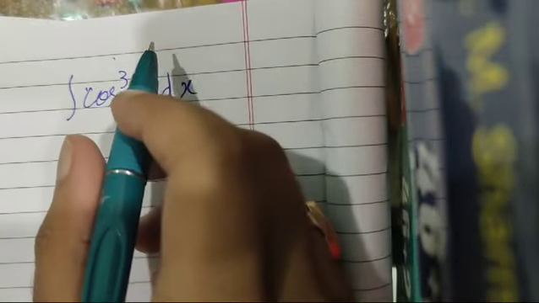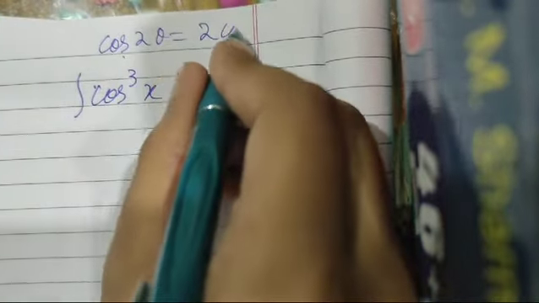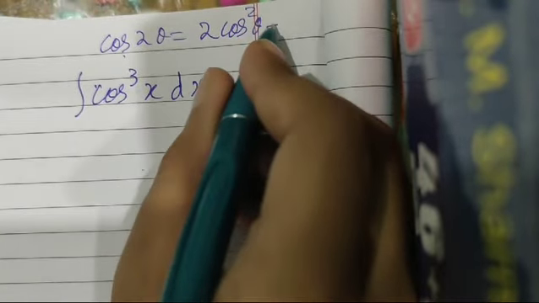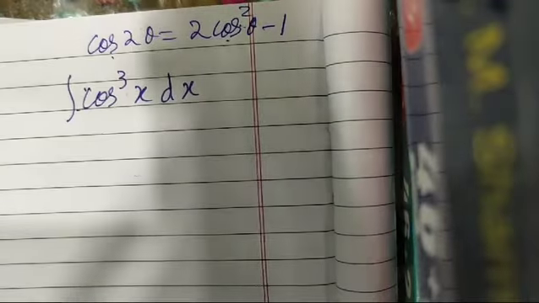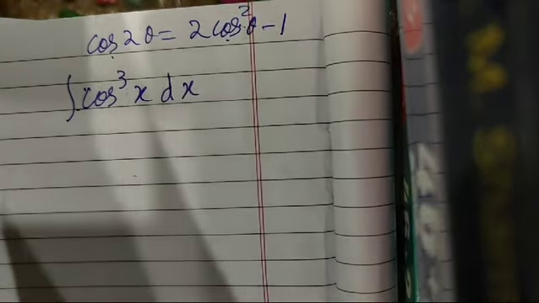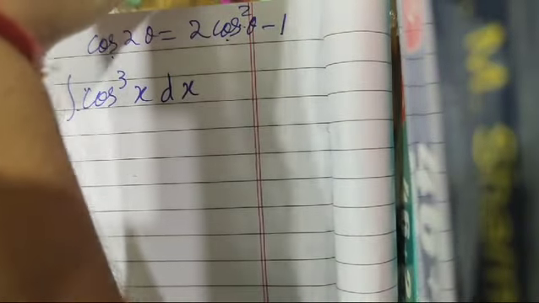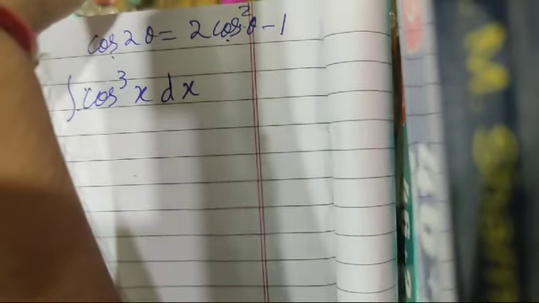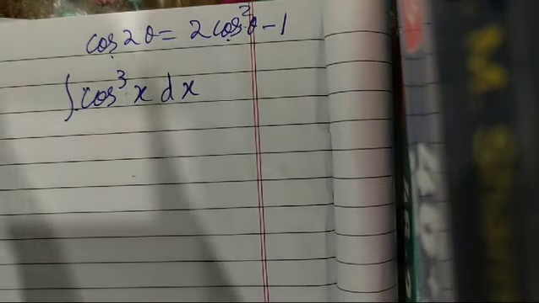Now, people, we know that cos 2 theta is equal to 2 cos square theta minus 1. Now this is cos square and we have cos cube. Do we have any standard integration that involves cos cube? We don't. So we have to use basic trigonometric